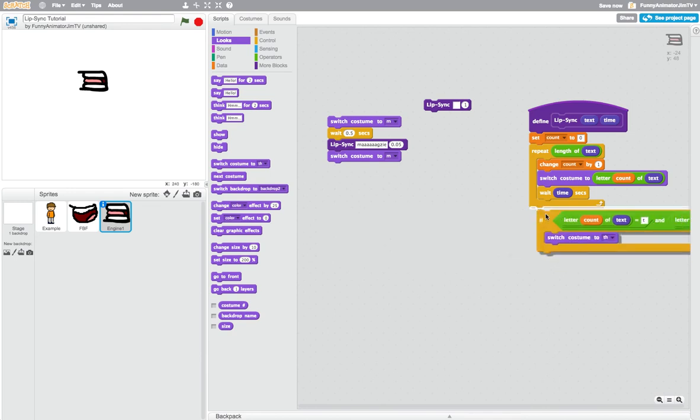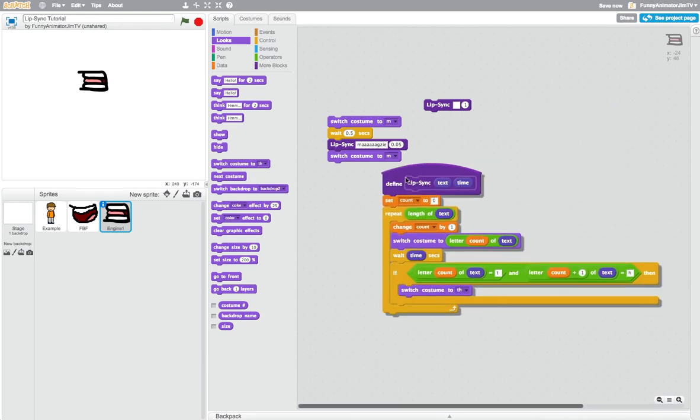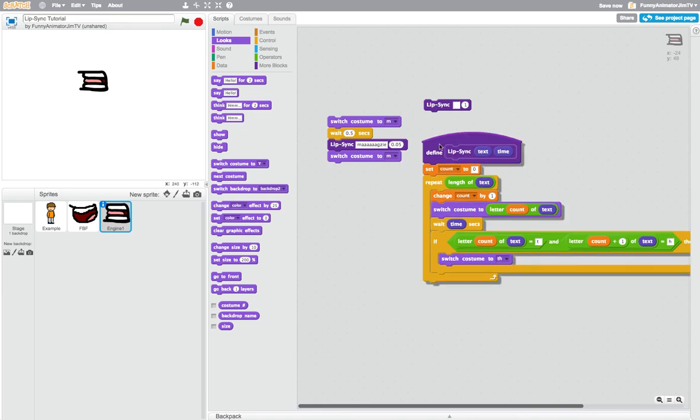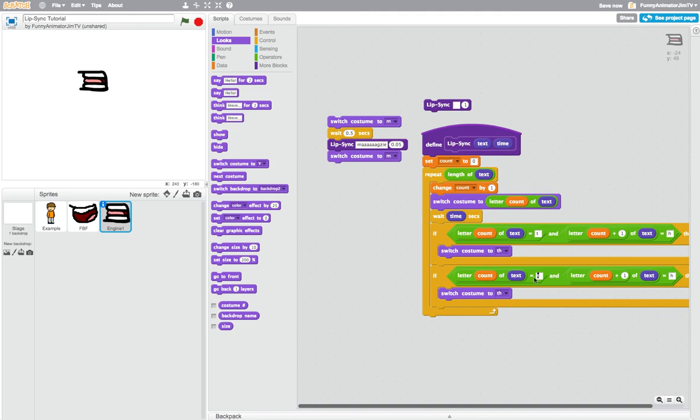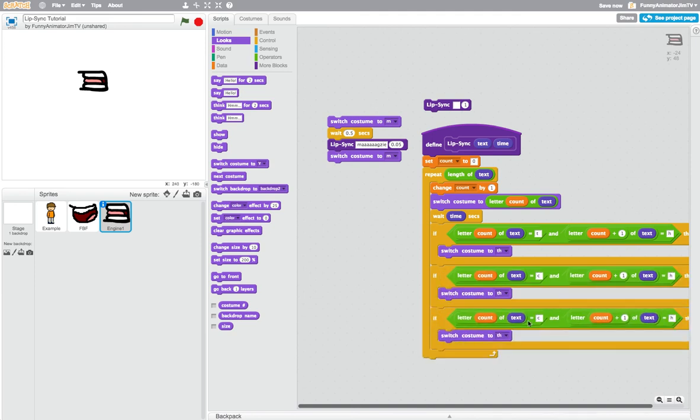So it's going to check for this every time it repeats. So if the current letter is a T and the letter after it is an H, which we want to cue that costume, and we can copy this for the CH and the SH, and we're going to switch to those two, so SH and CH. So this is our basic